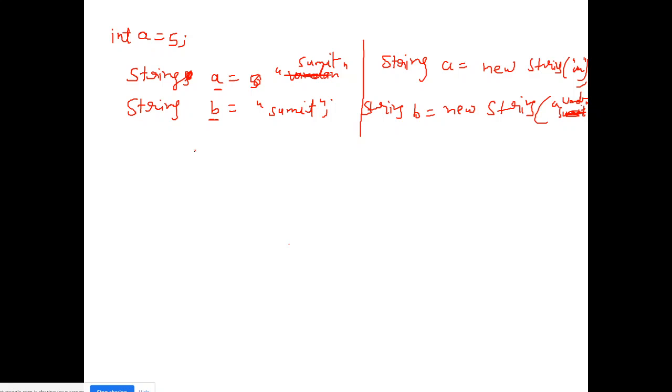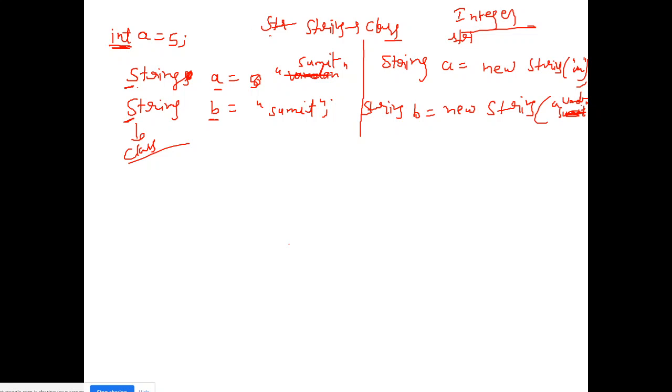So if we want to compare these strings, first of all, this S is capital, so this is a class. Whenever you find anything written starting with a capital, that is a class in Java, right? So string is a class, and we don't have any option to write it with small letter, like here we have integer, this is the wrapper class, and this is the variable, right?